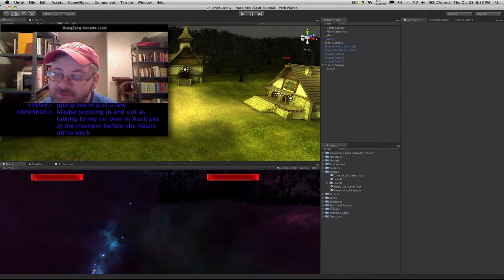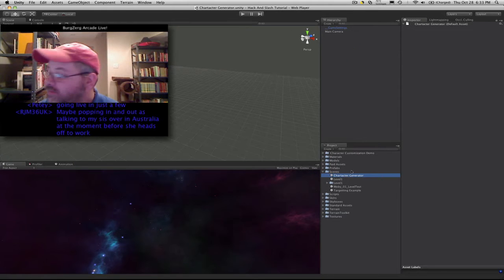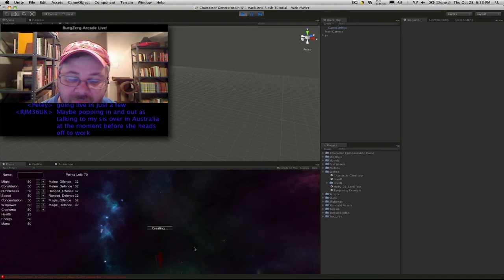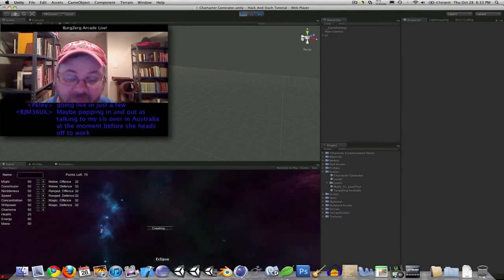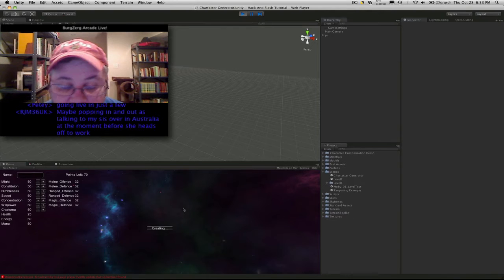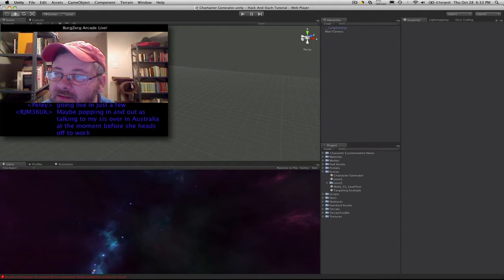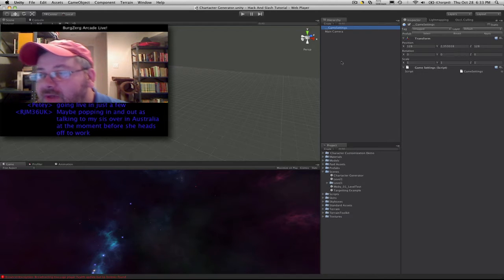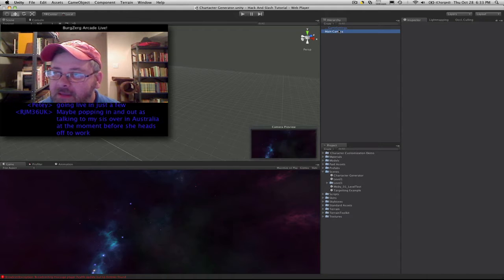I received a question from a couple people actually about the character generator. When we start it up, you'll notice that your character, some people have a floor, and you'll notice the character keeps falling down. Well, they don't want the character to show up at all. And there's an easy fix for that. We have it set that we're grabbing a prefab of our character and we're just going to instantiate it. But another way we could do that, I'm just going to